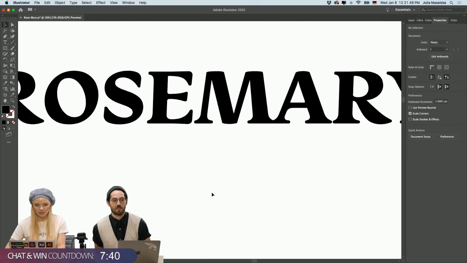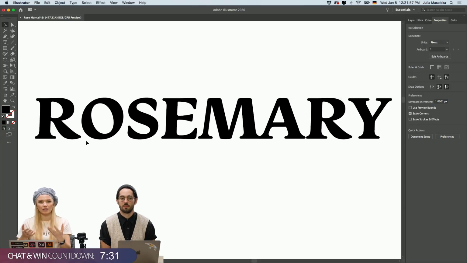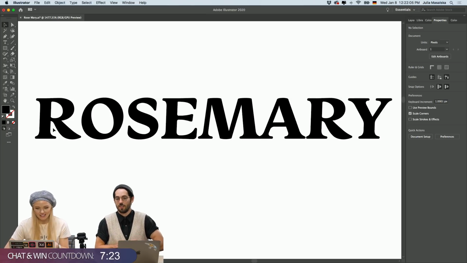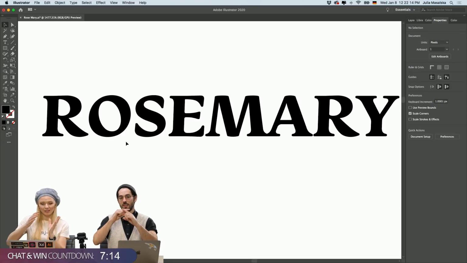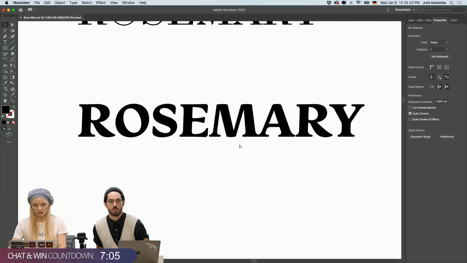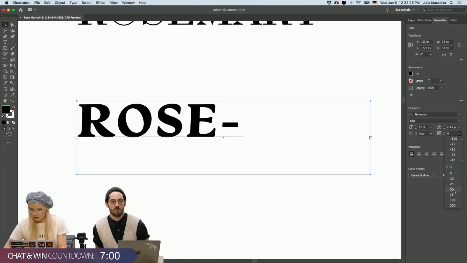I think this is really interesting because this typeface has a little character to it. This R has a rounded shape, and it reminds me of hands reaching out to something, and it has this motherly feeling. My instinct tells me holding a baby. Yeah, exactly. I also really love how it's been played with the O right here. It's kind of like an X a little bit. Asymmetric, yeah. And it's very soft. It's gonna be easy to read. Let's go back, and I'm gonna increase the distance here a little bit.